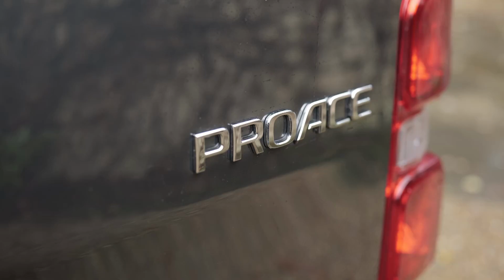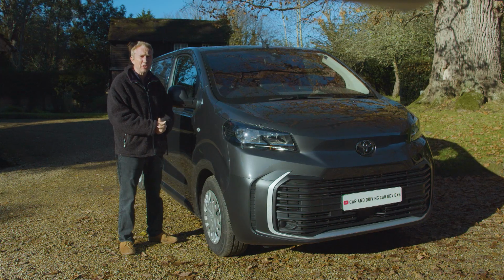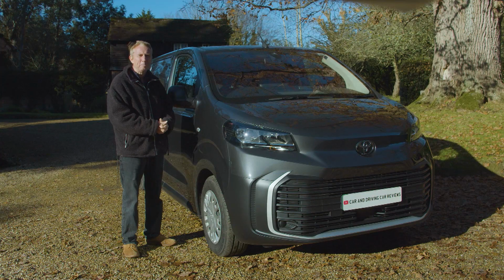The Proace used to be Toyota's lone offering to LCV customers, a mid-sized model usually forgotten about because it's long been merely a borrowed design. Today things are a little different. For a start, that borrowed second generation design, first launched with Proace badging in 2016, is a lot better, and